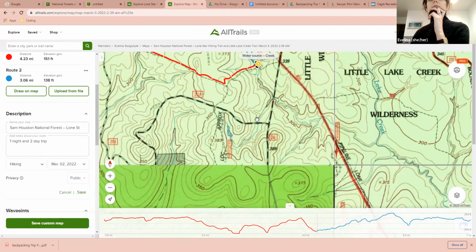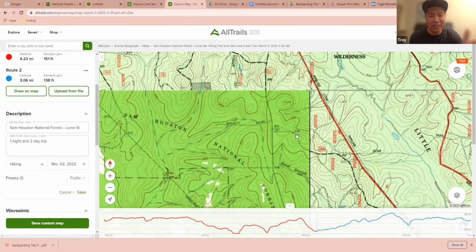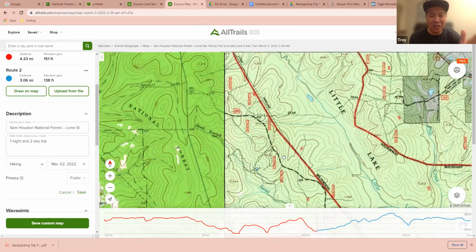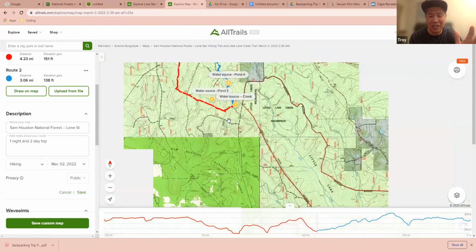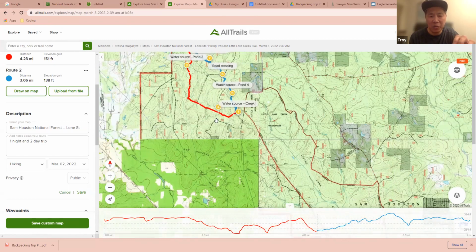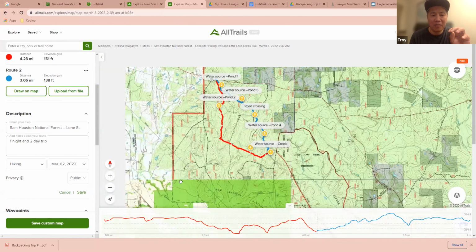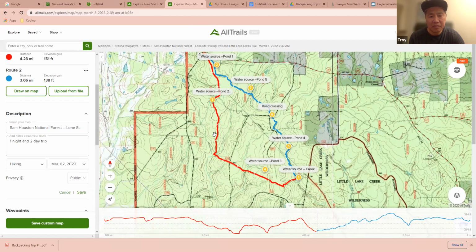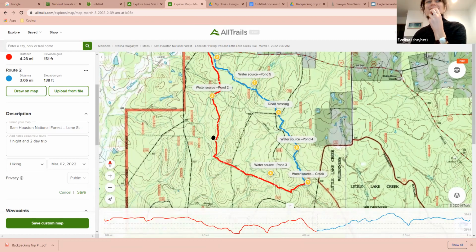Does that make sense? Mm-hmm. Are they closer together? Yeah, when they're closer together, it means it's much steeper. Before we had AllTrails or Gaia GPS, where you could see the elevations in a graph, that is how backpackers and wilderness people would determine the elevation gain, by the topo lines. Old school. And you might look for the highest point on your map, which might have a scenic overlook. You could put a waypoint there as well.